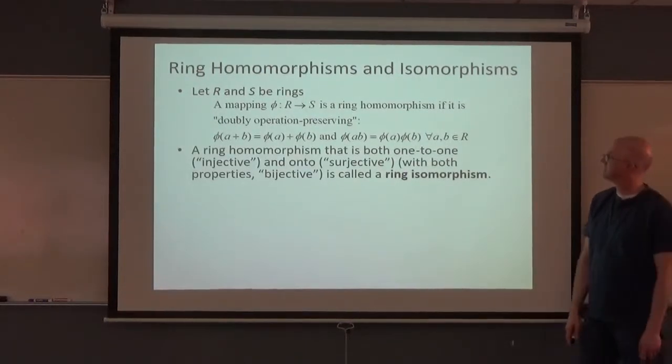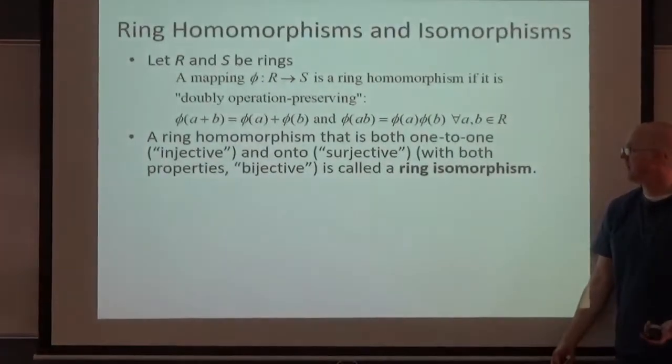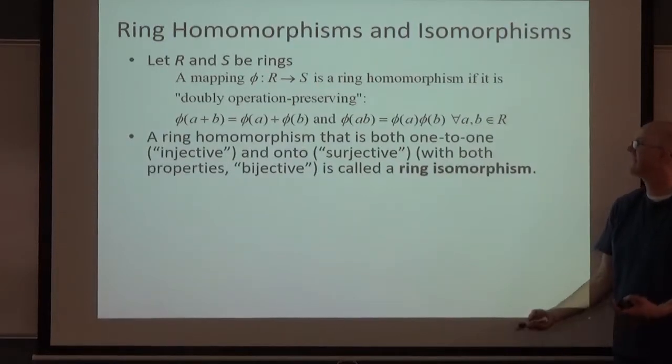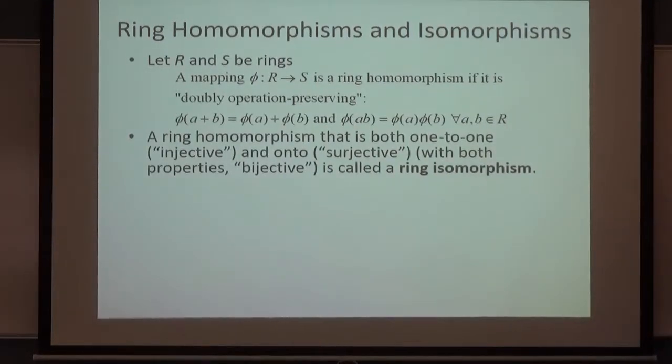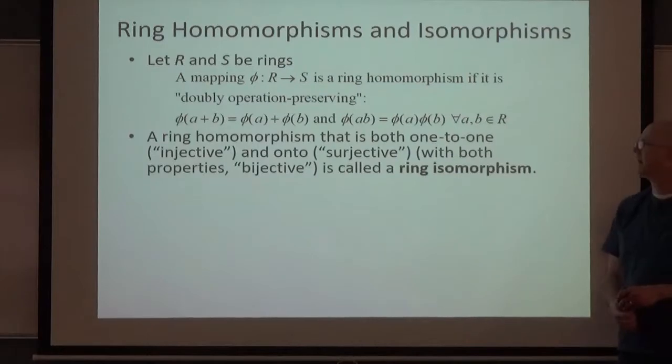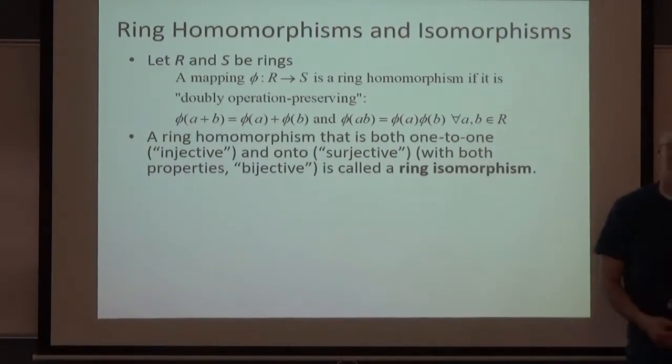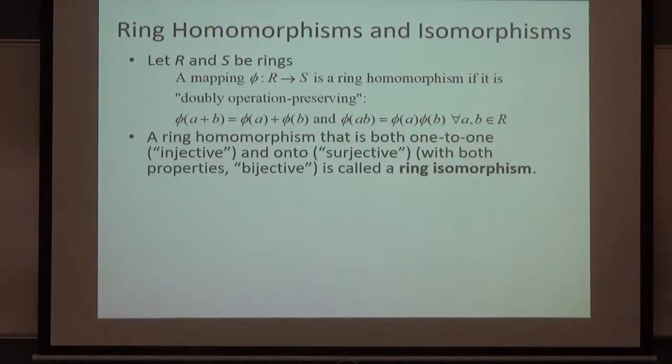If the ring homomorphism is 1-to-1, also called injective, and if it's both 1-to-1 and onto, injective and surjective, it's called a ring isomorphism. When a function like this is 1-to-1 and onto, we also call it bijective. That's just a reminder. Go to grad school in math, at least, and you'll definitely hear those words: injective, surjective, and bijective. Then again, it's a ring isomorphism. And as the text emphasizes,